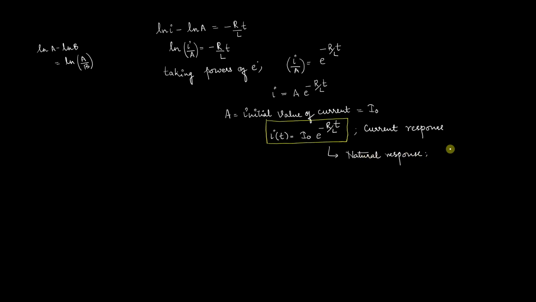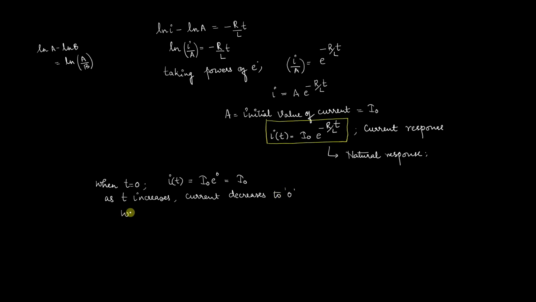Let us now analyze what happens when t is equal to 0. So in this expression, I get I of t equal to I naught e power 0, and e power 0 is 1, so it is going to be equal to I naught. As t increases, the current decreases to 0 because it is the energy that is decreasing, so it decreases to 0. And when